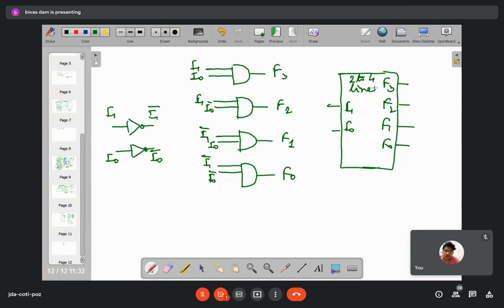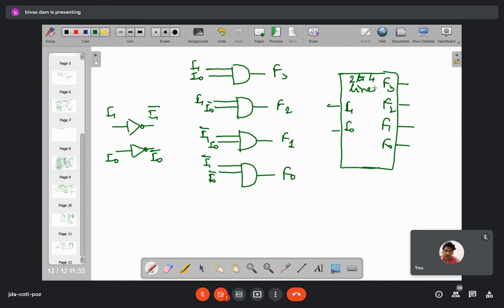But when that enable input line is disabled, that is, it is not active, in that case, even if there is some varied input pattern at the input side, the IC will not give you the desired relationship, rather the IC will remain totally disabled. That is, it will not function in the desired manner. Okay.